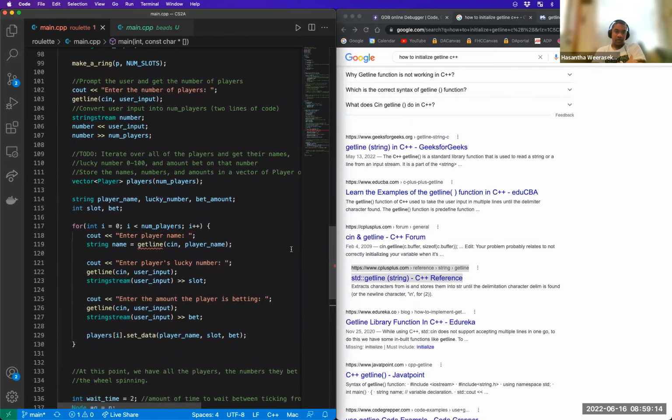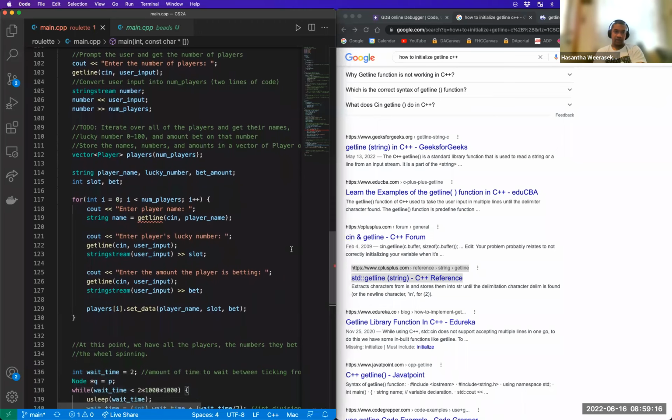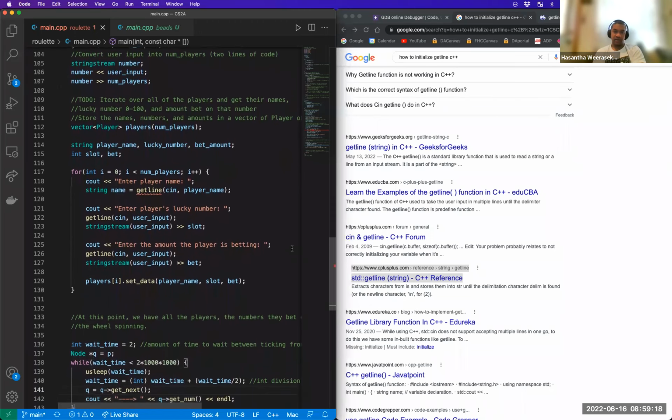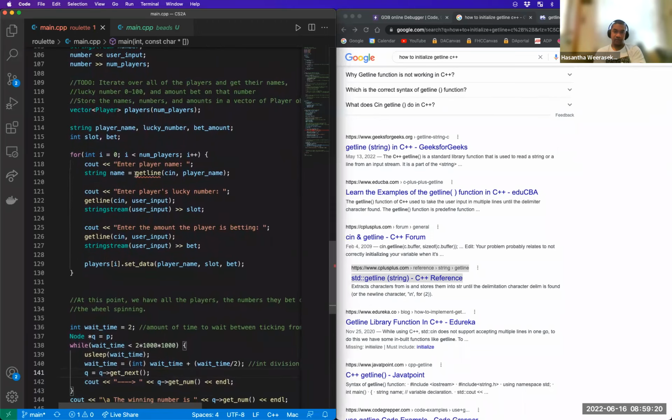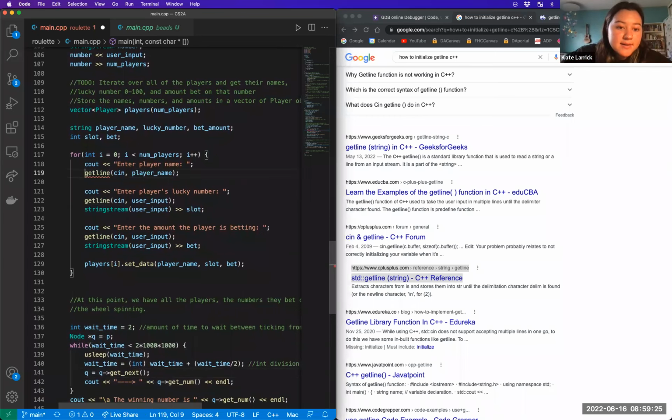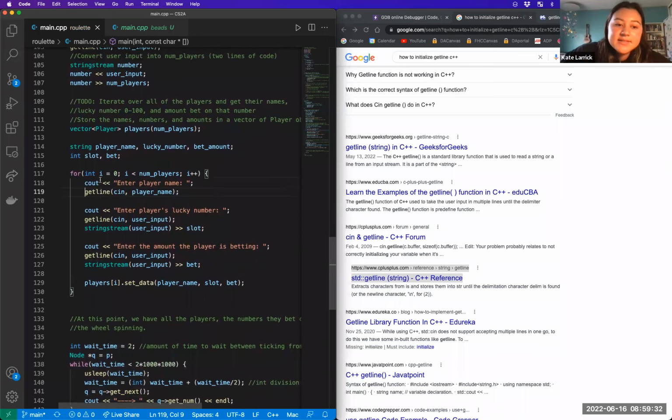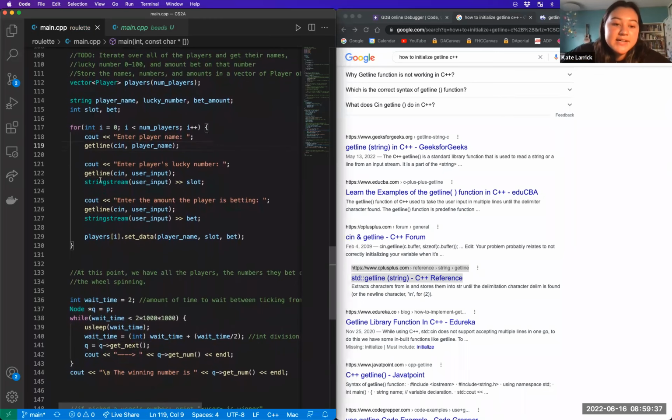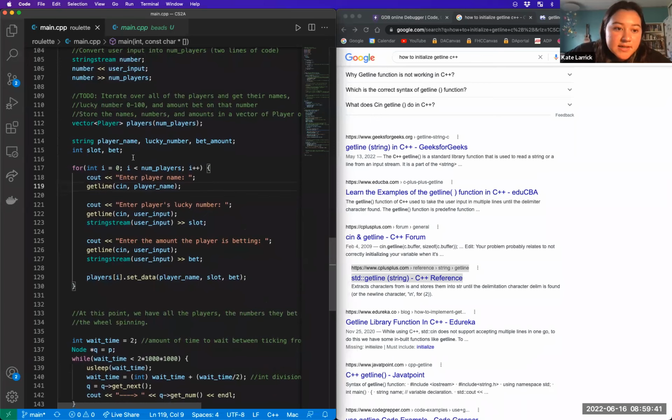So without naming the get line thing, we can actually do the search for each player I, right? Yeah, so we have a vector of players, and that's what we filled out with this for loop. And so we can just make another for loop that goes through the vector players. And then, oh, you know what? We might have to go to